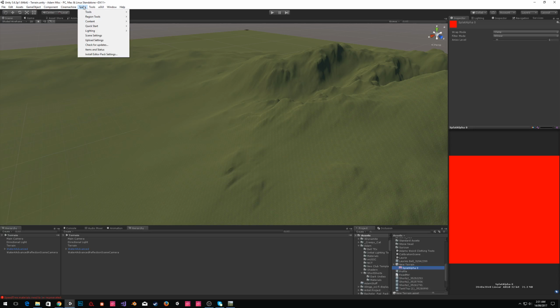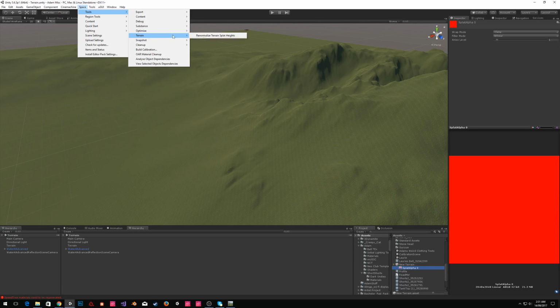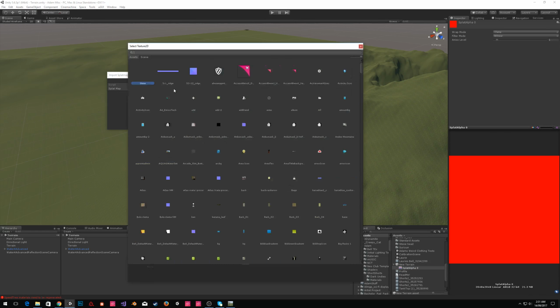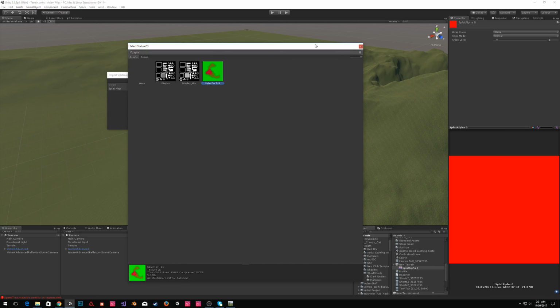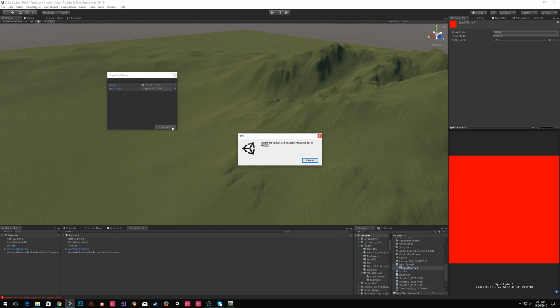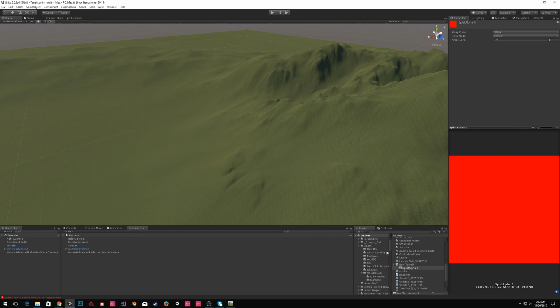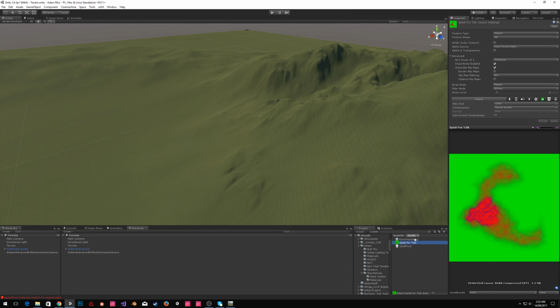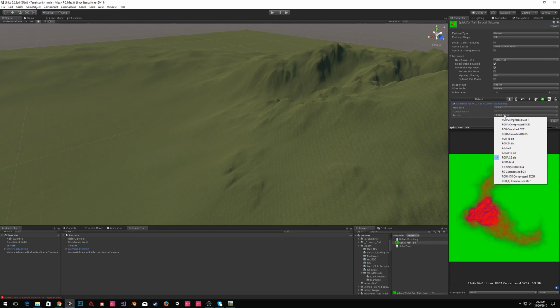Now we can go space, tools, content, terrain, replace splat map. I'll just go splat, grab this one, and with a bit of luck, I need to set the terrain to readable. Sorry, I've done this for a few days, but it will at least tell you what's going wrong each time. So the last thing we need to do is set this to no compression, and we'll just set the mode to,